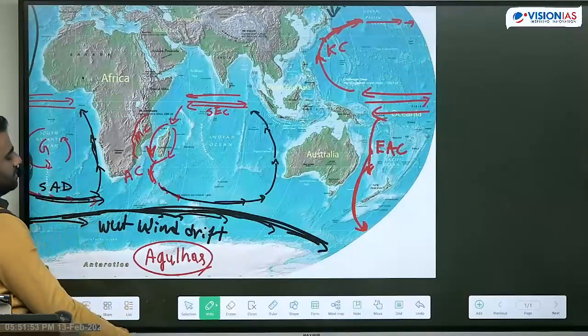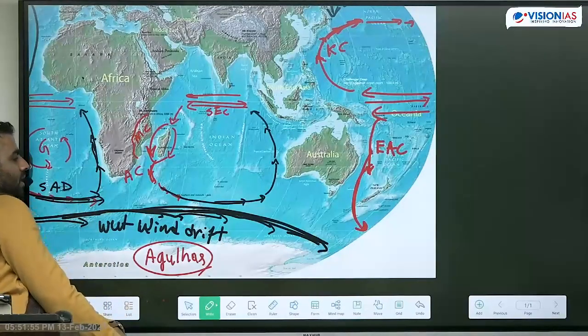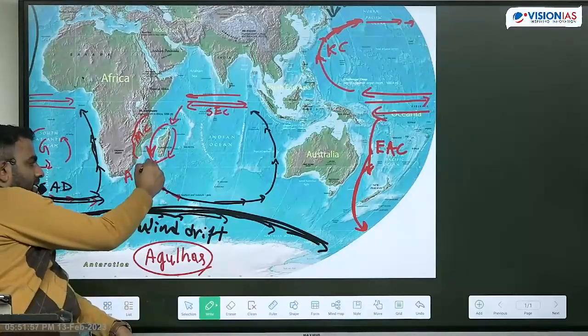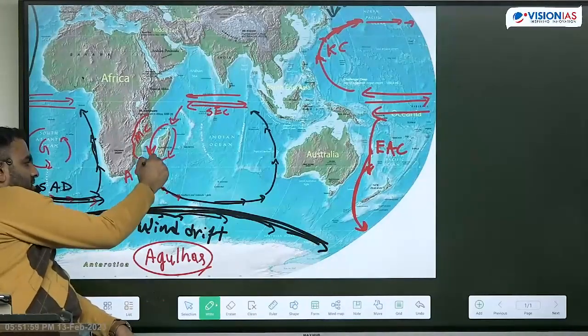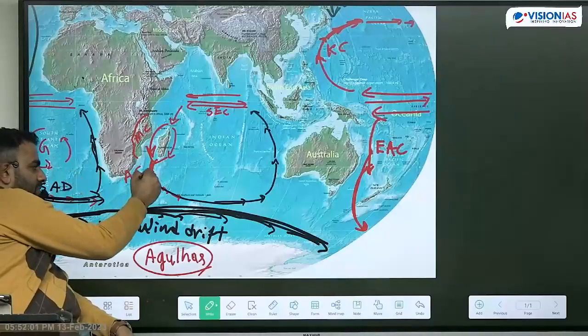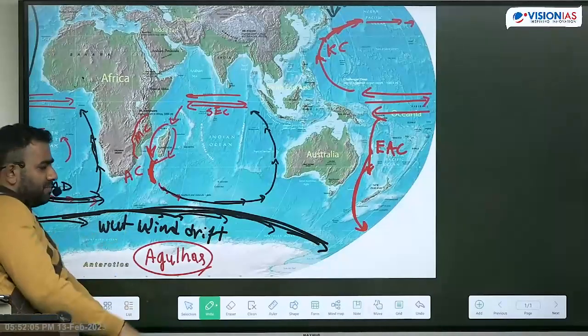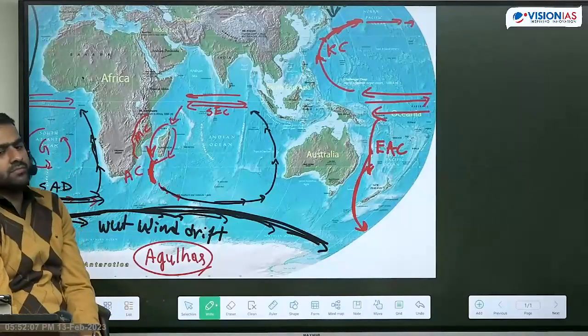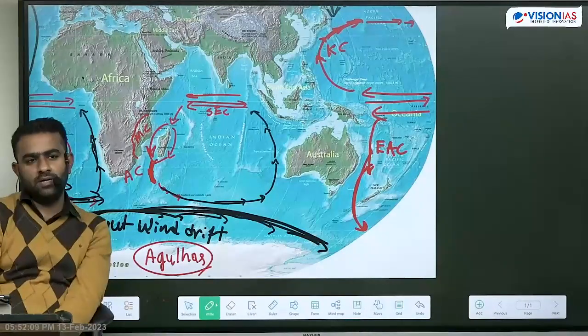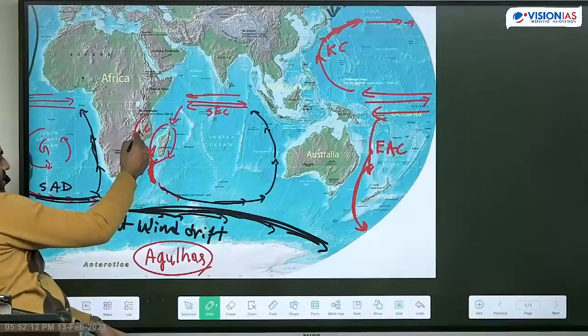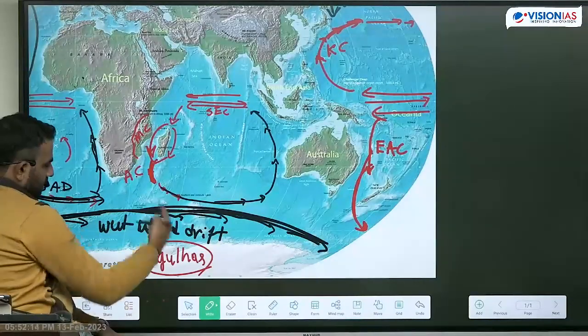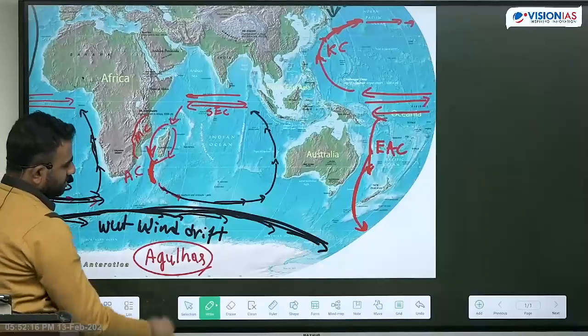Agulhas current. Agulhas is the combined part. Mozambique merges with the other part, and that combined part is what is called the Agulhas current. इस वाले पार्ट में कोई नाम नहीं है. ठीक है? So we have Mozambique current, Agulhas current, and then joining the west wind drift and coming towards the